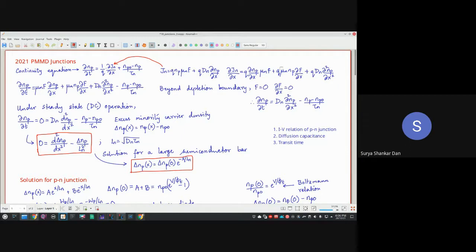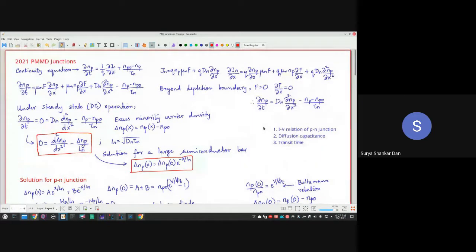Okay, and then we are essentially going to plug in this del J relation into here. Then what you will obtain is this one, del np del t, and instead of this del J del x, I have simply added this part of the equation. And here, instead of npo minus np, I have put np minus npo. This is simply algebra. There's nothing special.